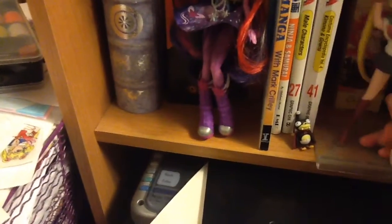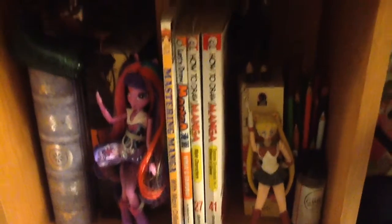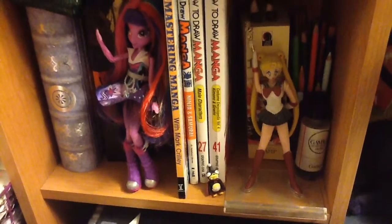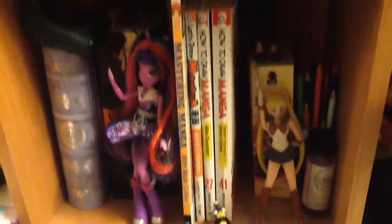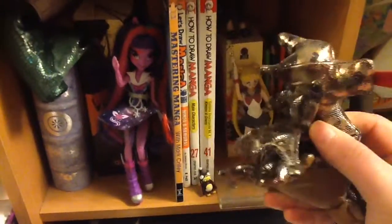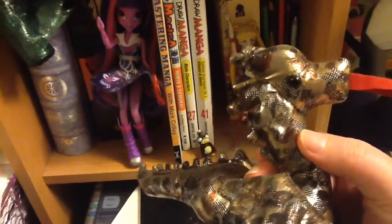I have Part 2 in my room, and these are just some of my more used drawing books that I go back to. You can see Little Nibbler there. Is another Twilight Sparkle doll, and behind that is the entire collection of Bones that my brother got for me that I'm still reading. This is what I call my lucky golden dragon that I got at a local fair